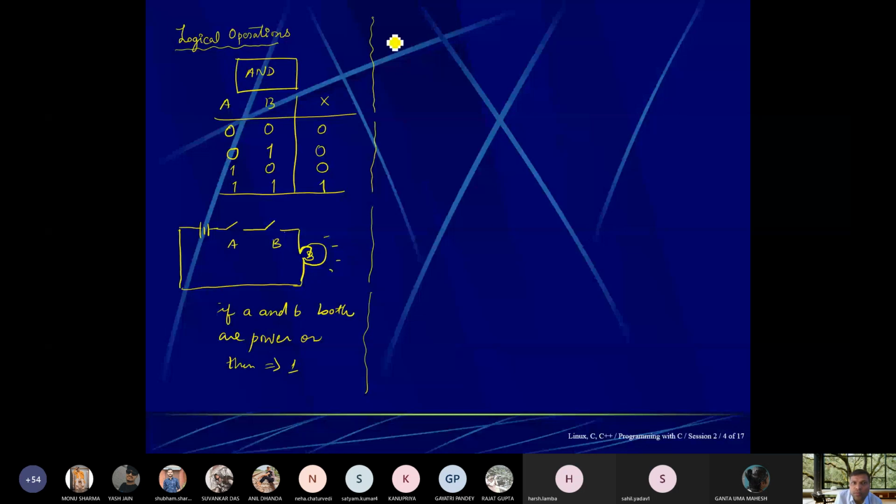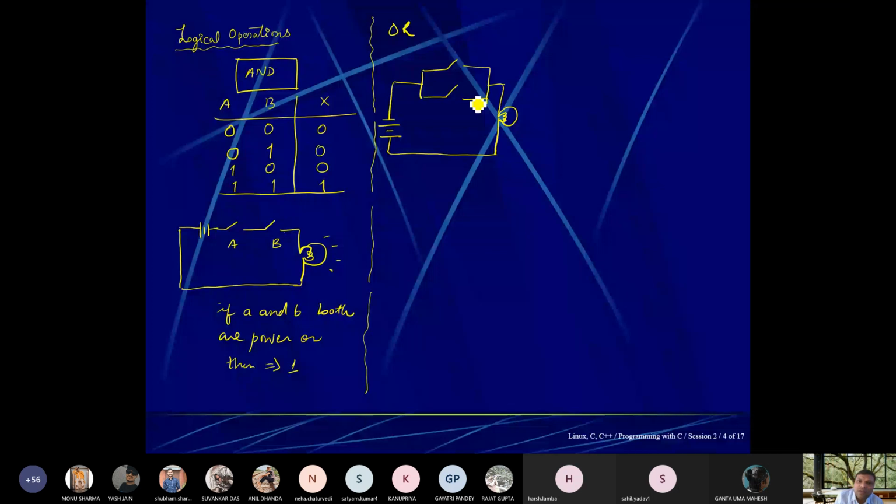Now come to OR. Suppose this is the arrangement of my switches. Let me connect the battery over here because I am very small, with less space, and then connect the bulb.